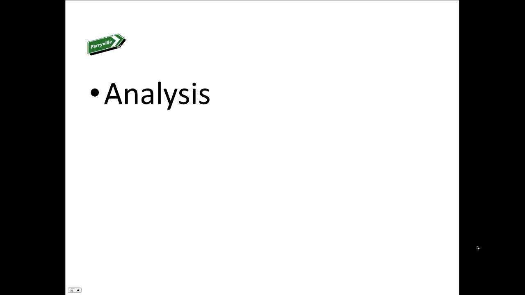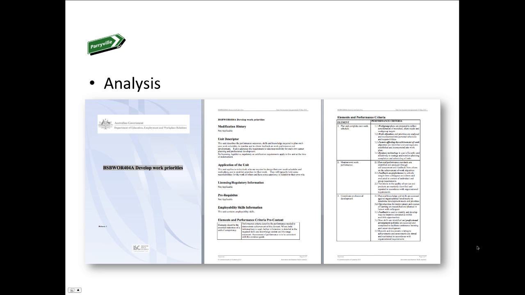So first is analysis. Now, here we have on the screen the develop work priorities training package. We've got elements, performance criteria. Now, if you're a member of the vocational education and training community, you would instantly recognize this as a document. For those people that are not familiar with the VET environment, vocational education and training, this is basically representative of